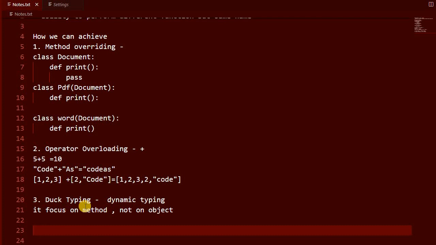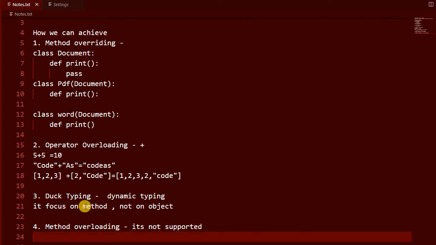In other languages like C++, Java or C#, method overloading is there, but in Python method overloading is not supported.